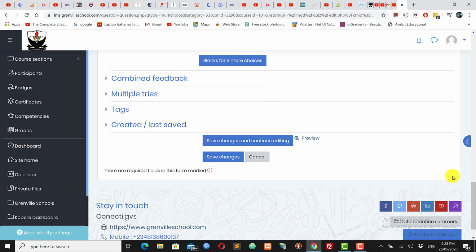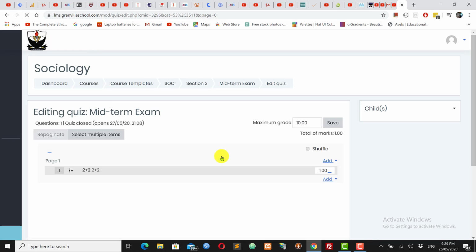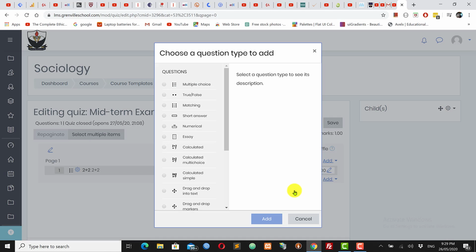Once I'm done with the final editing, I click on save changes. So I'm done with question 1. Please, it might be rigorous doing your questions one after the other. Now another thing, lest I forget, is the maximum grade. If this is going to have like 10 questions, maybe you want to assume this would be 10 maximum. So quickly, let me add another type of question which I said I must cover in this video,